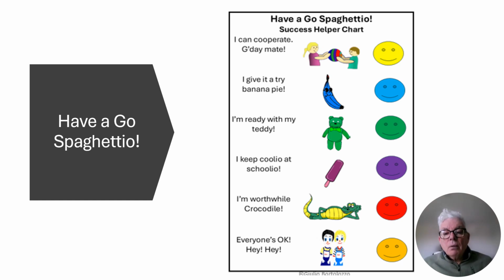When we think in terms of I'm only okay if you think I'm okay, we call that success stopper thinking, because you are always looking for the approval of others to feel okay, which according to Albert Ellis is an irrational way of thinking. The last success helper, the orange one, is a combination of the yellow and the red,